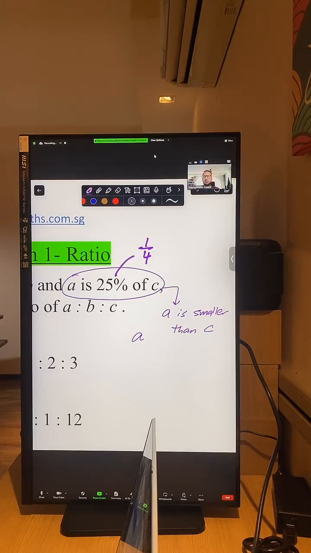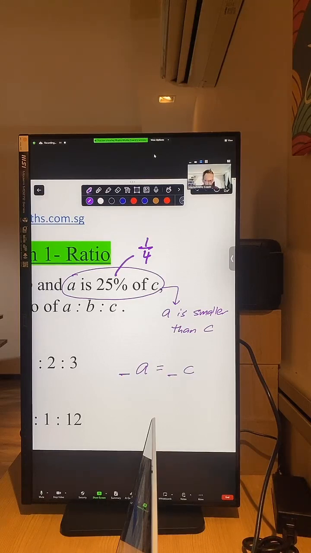So if A is 1/4 of C, that would mean that A is smaller than C. So to make them equal, if I have A equals to C, so if you have a blank here, it's going to be